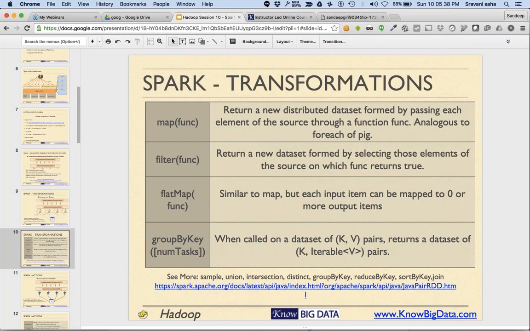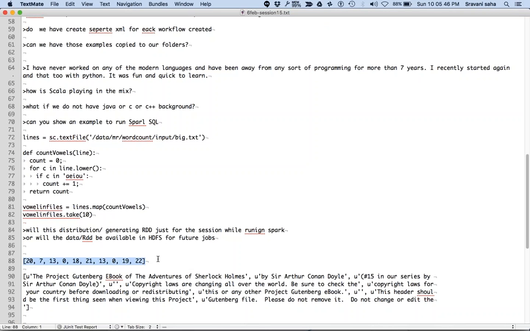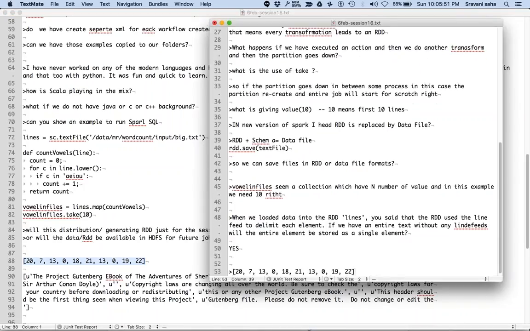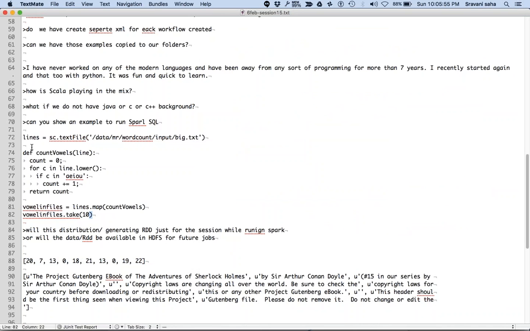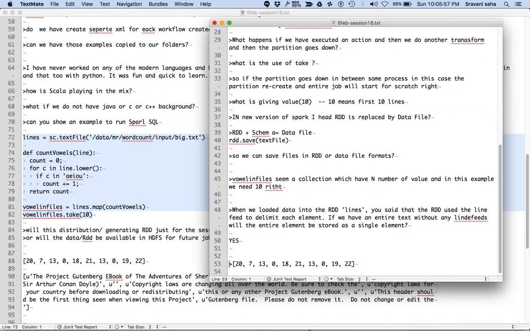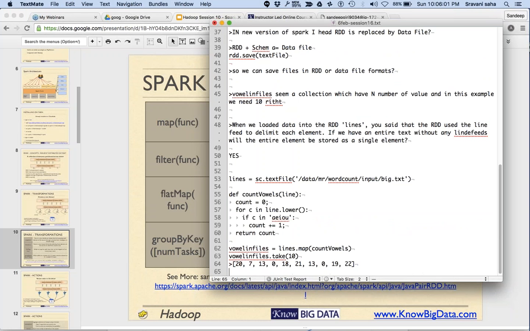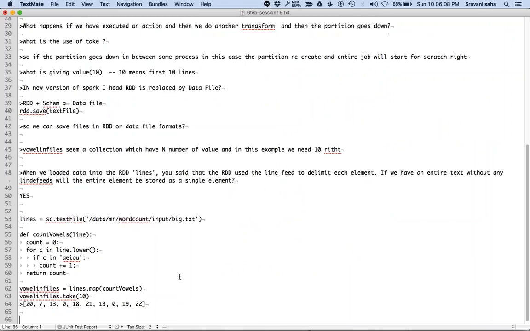All right, I'm hoping that things are clear so far. Let's say out of these vowel counts, I want to keep only the even numbers.